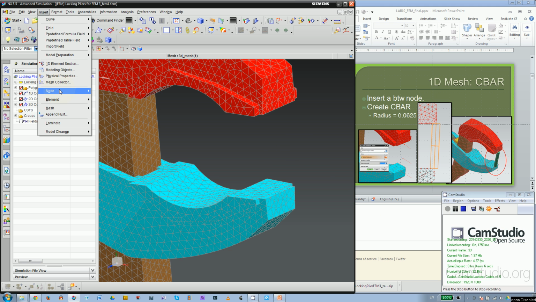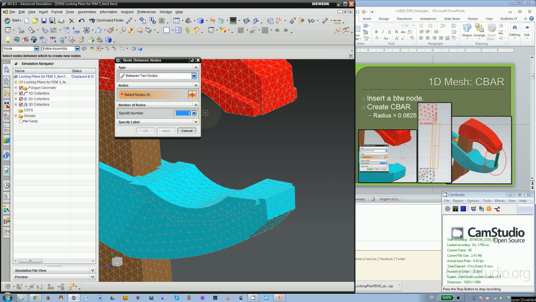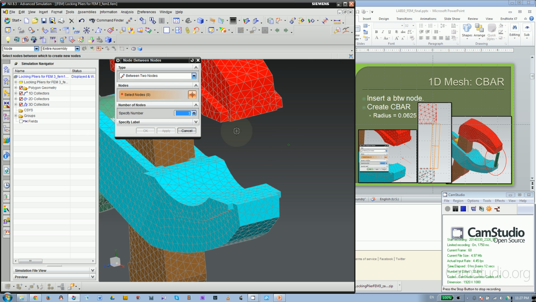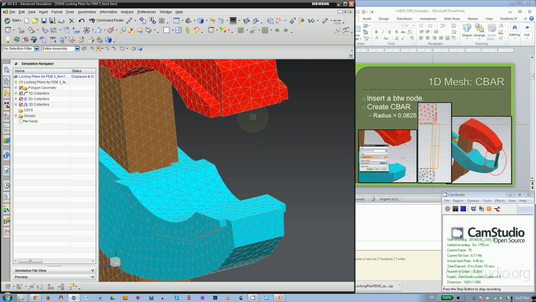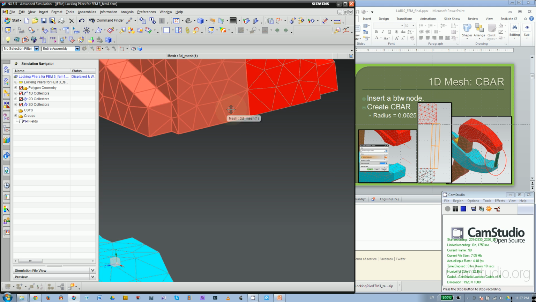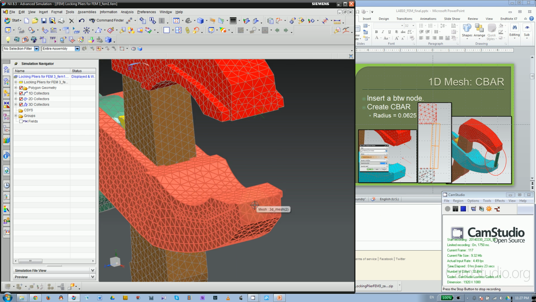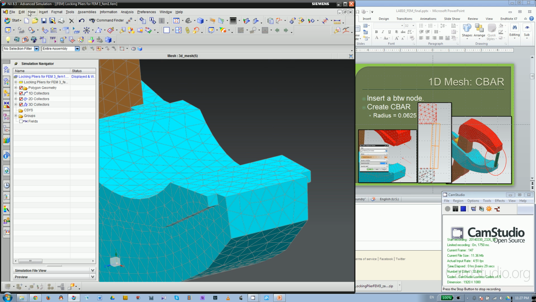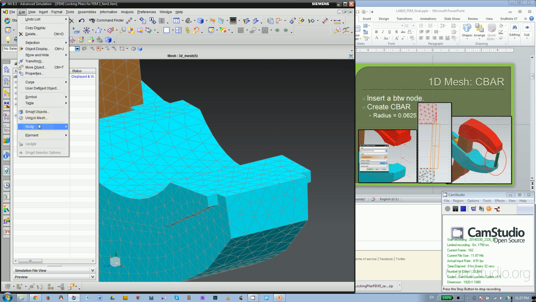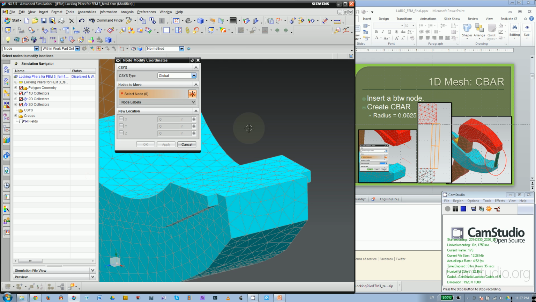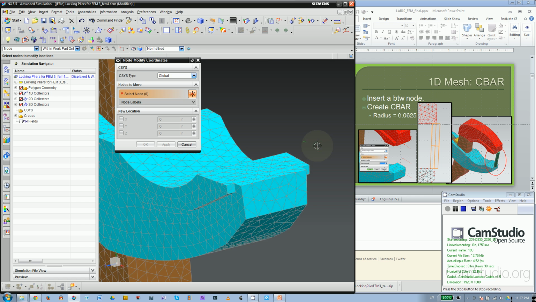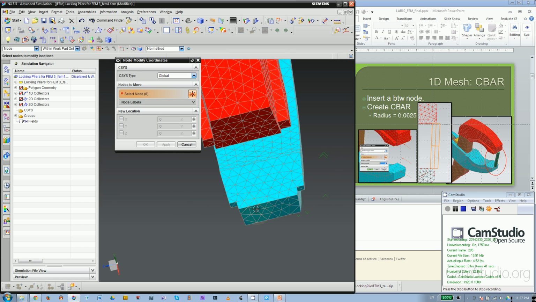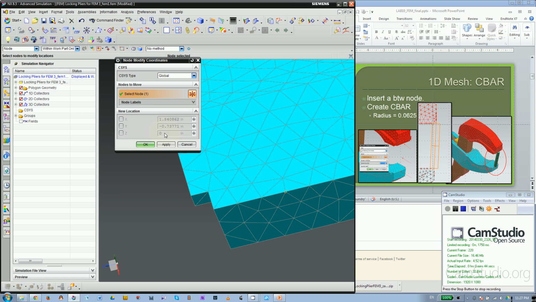So we're going to insert node between nodes. And actually, before that, we need to check. If you remember, we made a reflection here. So this node is definitely on XY plane. And for this one in the center, it's not necessarily on XY plane. So let's go to Edit, Node, and Modify Coordinates. So we can pick this one. Looks like this one is right in the middle. Pick this one and check if the z is not 0, we need to change that, but looks like